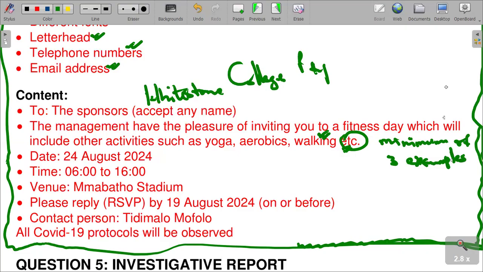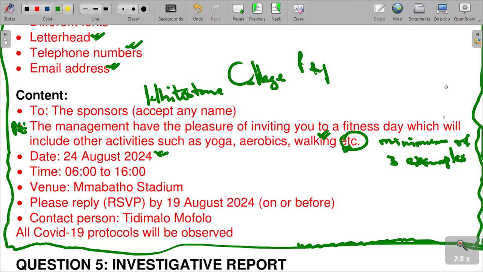You must put a minimum of 3 examples. So we are saying the subject, here you can even put it as RE: invitation to fitness day, which will include other activities such as that and that. And then I'm saying the date, 24